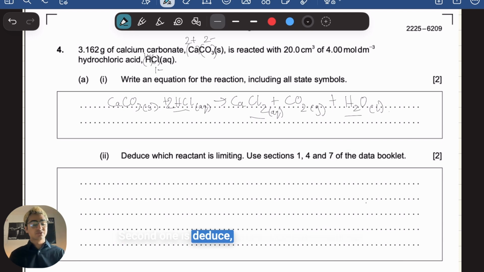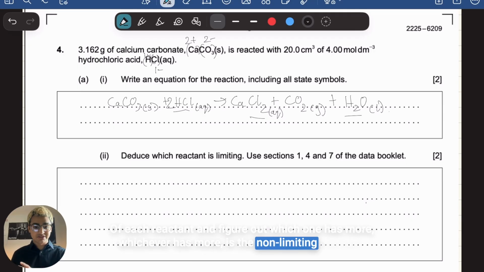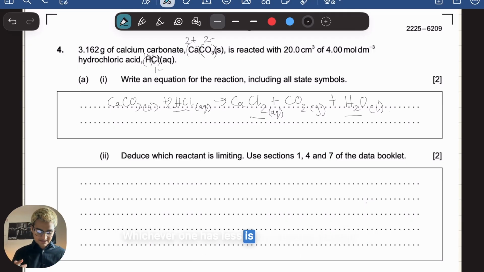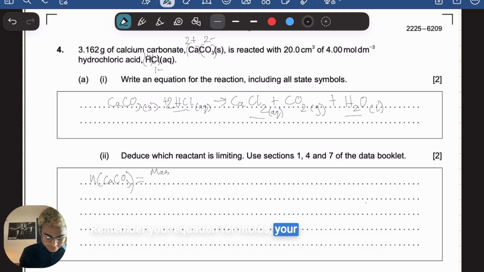Second one is deduce which reactant is limiting. Okay, to find this, we have to find the moles of each reactant and figure out which one has more. Whichever has more is the non-limiting reactant. Whichever one has less is the limiting reactant. So let's start off. Moles of CaCO3. Remember your formula for moles. Moles equals mass over Mr. So this gives us